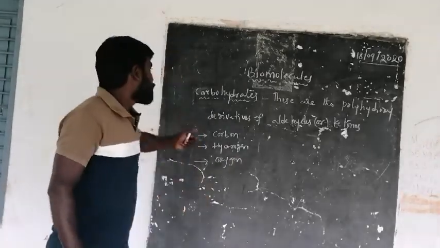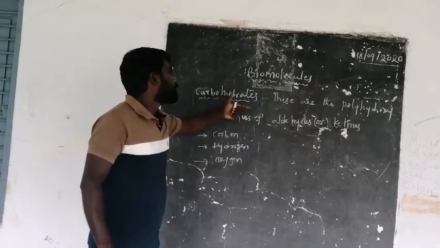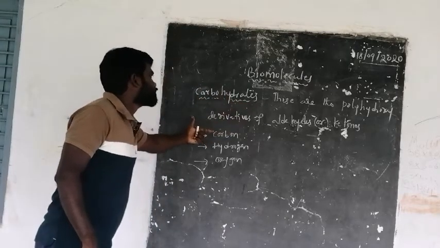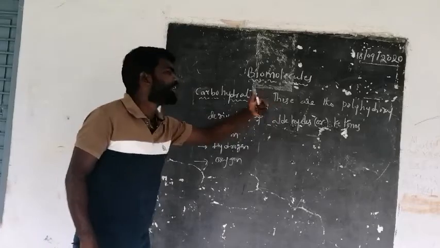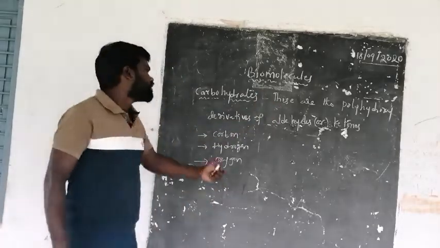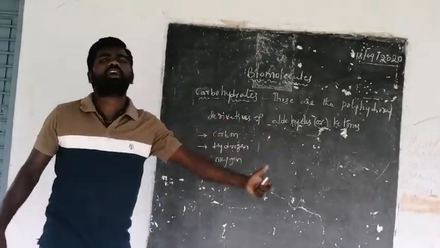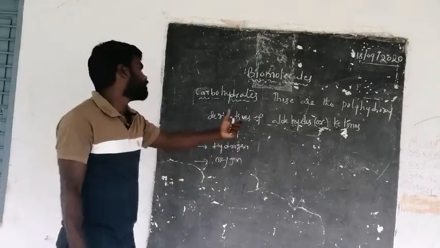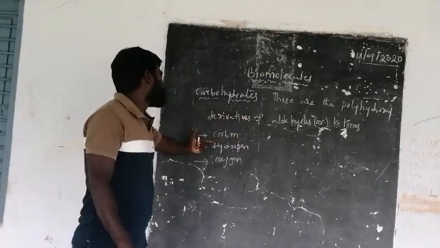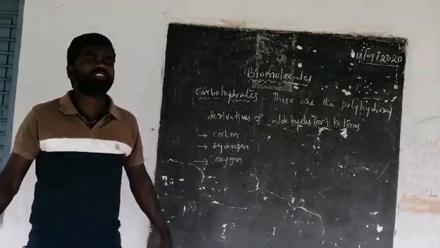Carbohydrates are the polyhydroxy derivatives of aldehydes or ketones, which means they are derivatives of aldehydes or ketones, and they also have carbon, hydrogen, and oxygen in their